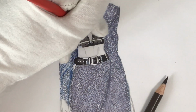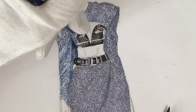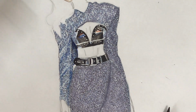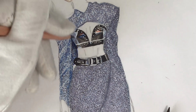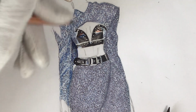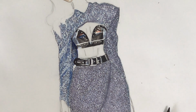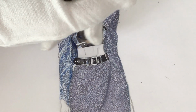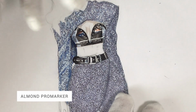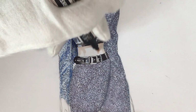And I want to add a bit of orange. And a bit of blue in the blue area. Okay. So you can add a bit of black in the gray area. Just orange is the opposite color to blue on the color wheel, so it is always a good combination. So now I'm using ALMOND Promarker and working with her skin, showing the relief of her body,